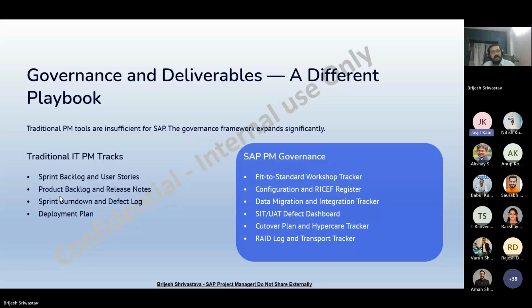If a requirement comes up and I have no background on how this works as a standard business process, how will I ask relevant questions? That's why for every module, at least the theory, the business process, the landscape process, you need to understand.